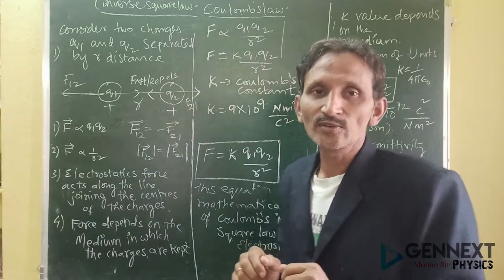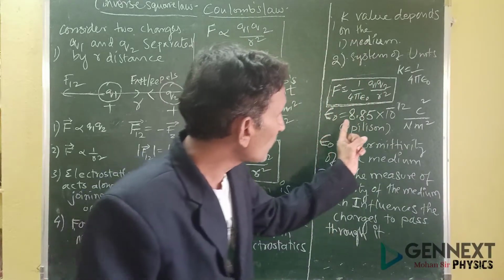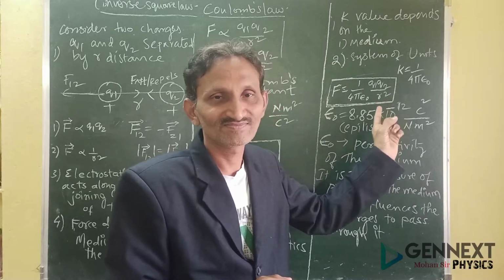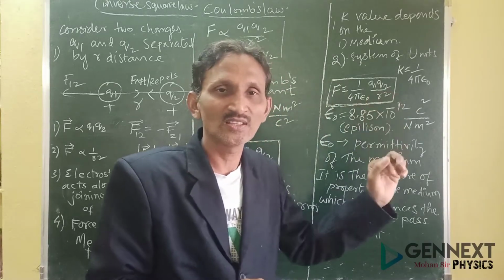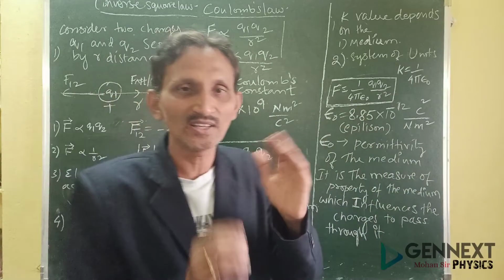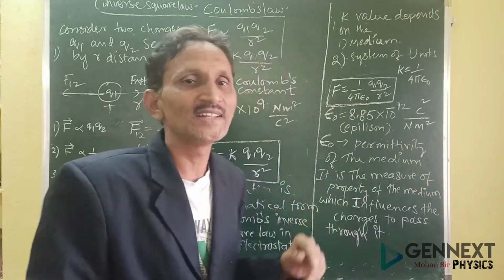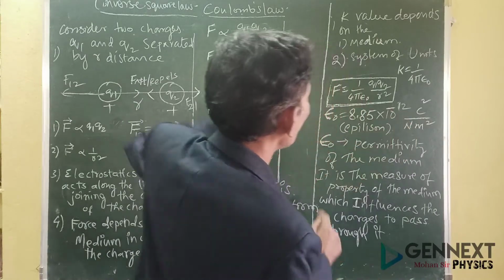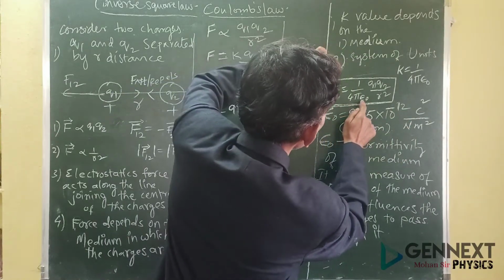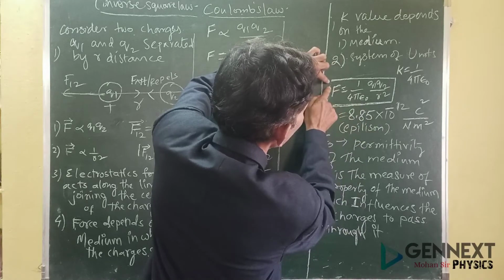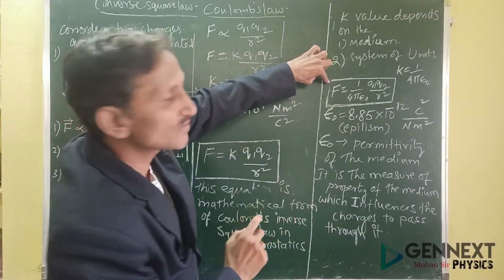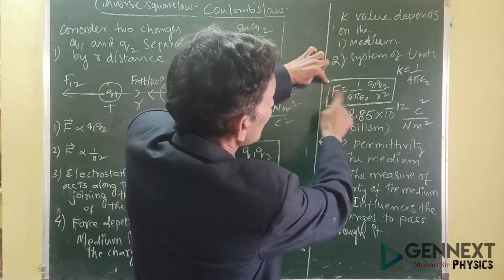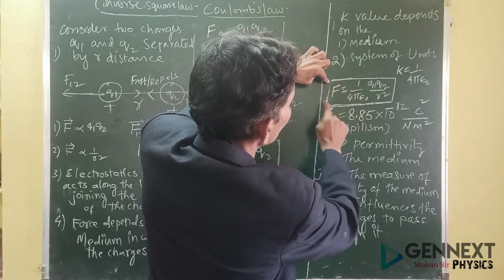That standard value, we are considering it as 8.854 into 10 to the power of minus 12. 8.854, because in numericals we take only two or three digits after the decimal. So 8.854 into 10 to the power of minus 12. If you want to know epsilon naught, it can be taken to the numerator and force will come to the denominator. Just cross multiplication. This goes to the numerator, this comes to the denominator.